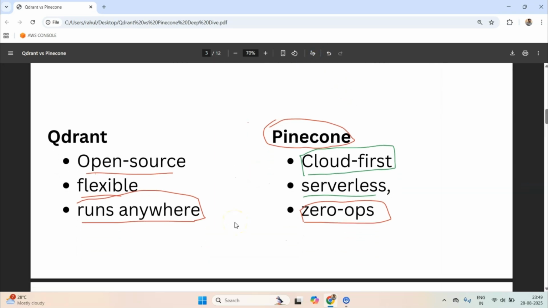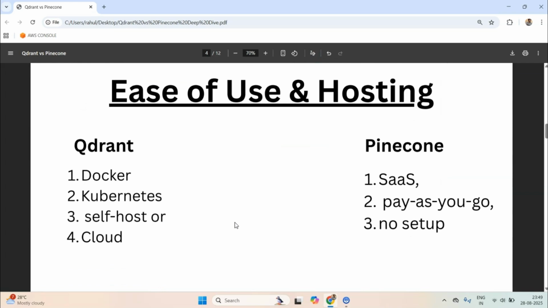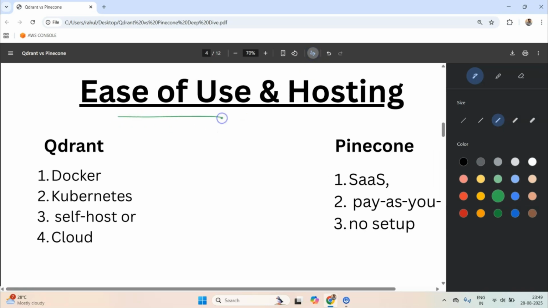Okay, so let's now move on and talk about both of them in terms of ease of use and hosting. If I talk about Quadrant, as we mentioned in the previous slide, Quadrant can be self-hosted on Docker, Kubernetes, self-host or cloud, whatever you prefer.